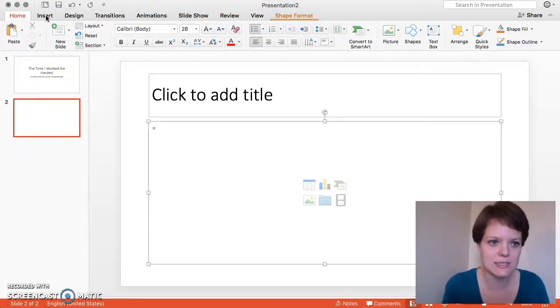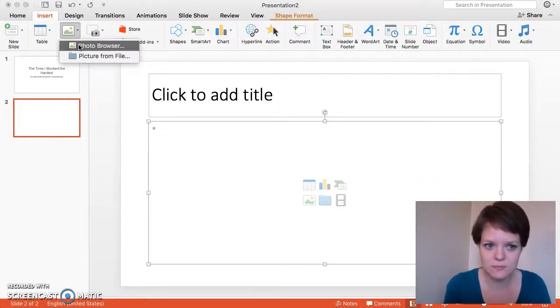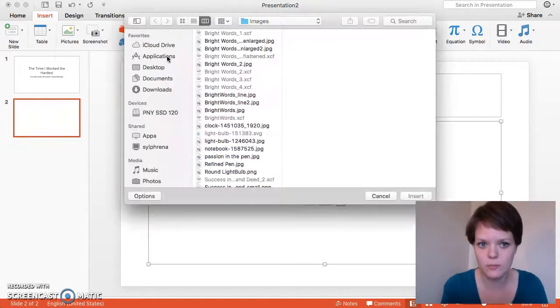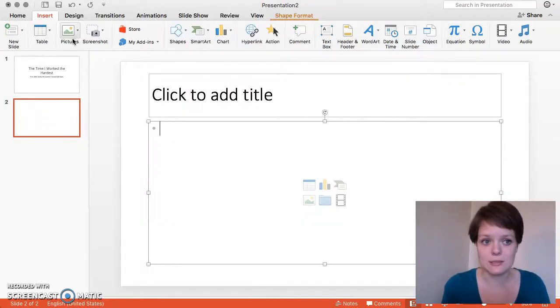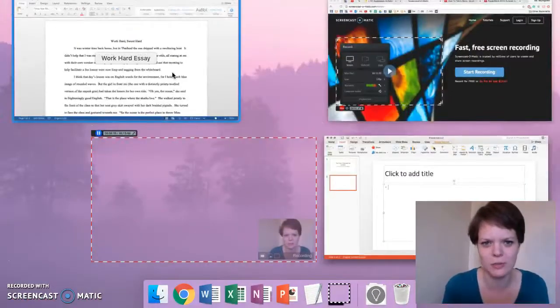You can add images simply by going to Insert and then clicking Pictures. And you can take a picture from a file on your computer by clicking that. Or you can use their clip art, which is also an option here. And I will include links on how to kind of walk you through how to use PowerPoint. So this is a great way for you to become comfortable with PowerPoint if you're not already, or to really test your skills and have a lot of fun with creating a presentation if you already feel familiar with it.